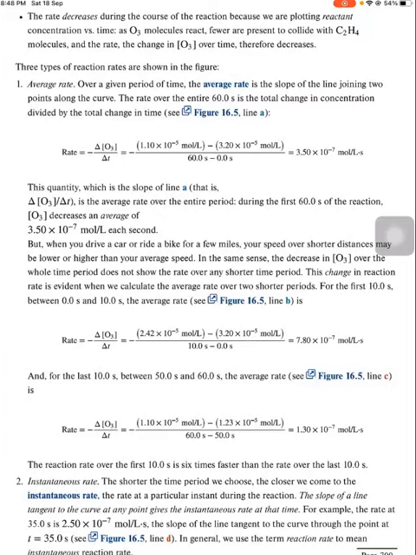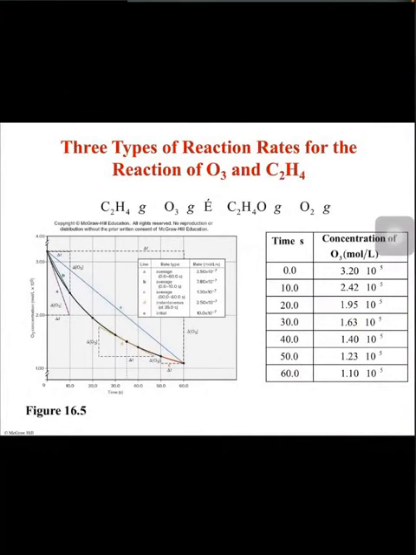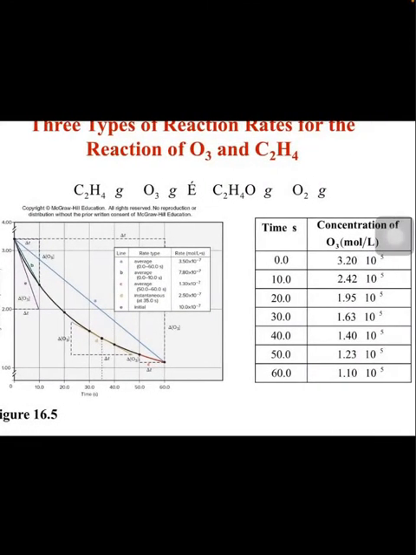Kita ada masa tertentu. Contohnya, let's say if you want to find what is the average rate within 60 second. Maksudnya kita nak ukur rates of fraction in between 0 second to 60 second. Within 60 second. So kita ada time interval as I said tadi. So this is what we call as average rate. So if you refer to the slide now, katalah kita tengok ni, I think I just want to show here because I want to conteng dia. So kita tengok kat sini, this is actually the same graph as just now. And if let's say we want to find the average rate of this reaction within 60 seconds, so it will